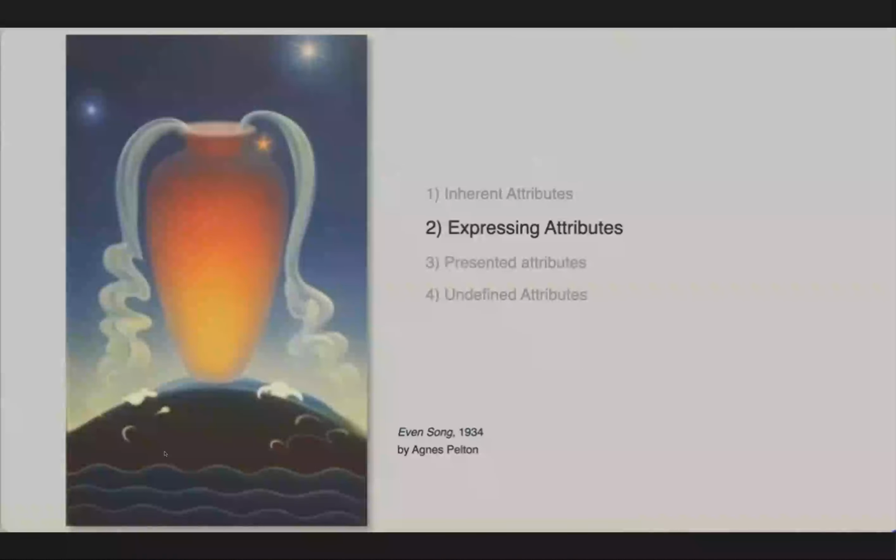The second group are called expressing attributes, which are in process of emerging, such as clairvoyance and the ability to know what someone else is feeling. I mean, we've all had that experience. These expressing attributes will eventually constitute humanity's major qualities, and after the evolutionary cycle has done its work, will become inherent attributes. Everyone will have these qualities such as clairvoyance, and they will be recognized as part of the human condition, right?